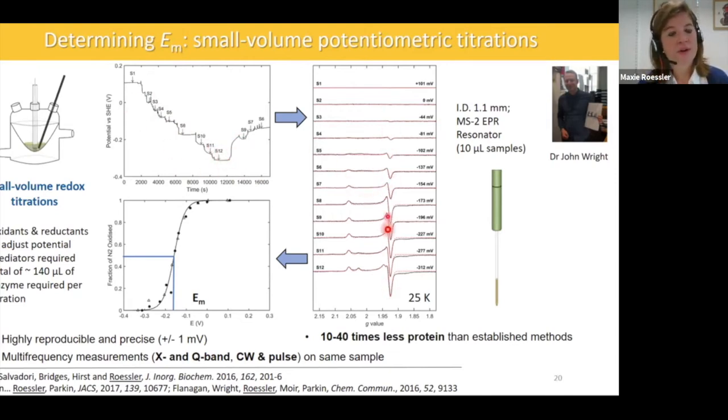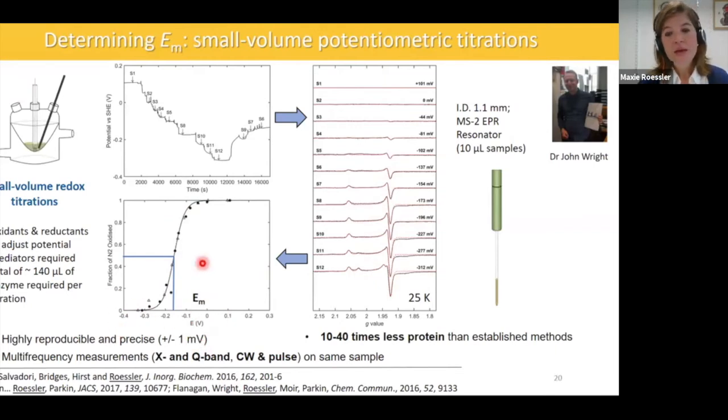And these are the corresponding EPR spectra. So I should have probably mentioned that these iron-sulfur clusters become EPR active when they're reduced. So you can see the appearance of, in this case, the N2 cluster. And then we can extract the reduction potential by integrating these EPR signals and plotting them as a function of